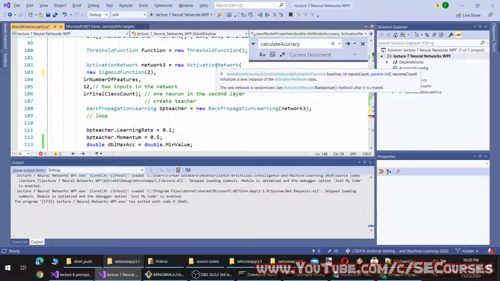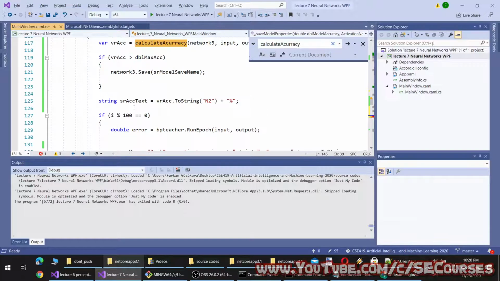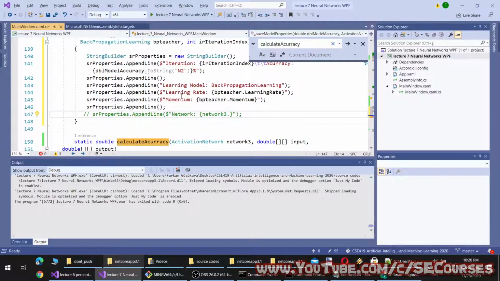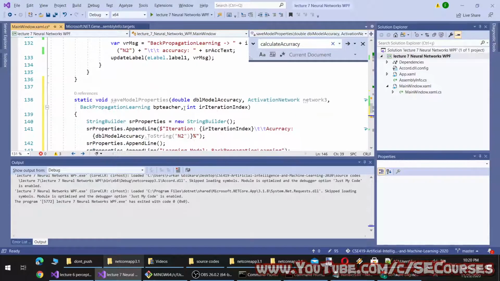Activation function inputs counts, neurons counts. Okay, let's debug and see what we can save. And so that we will know it.